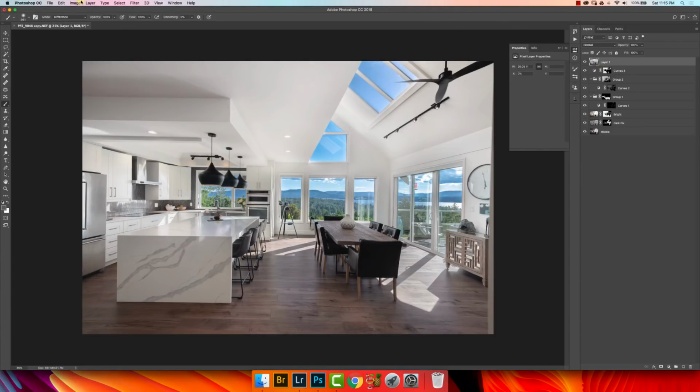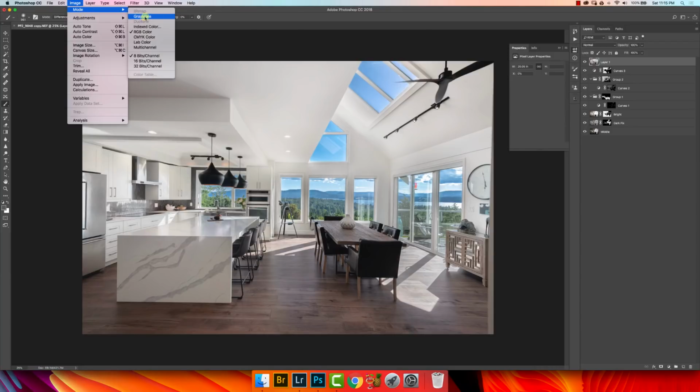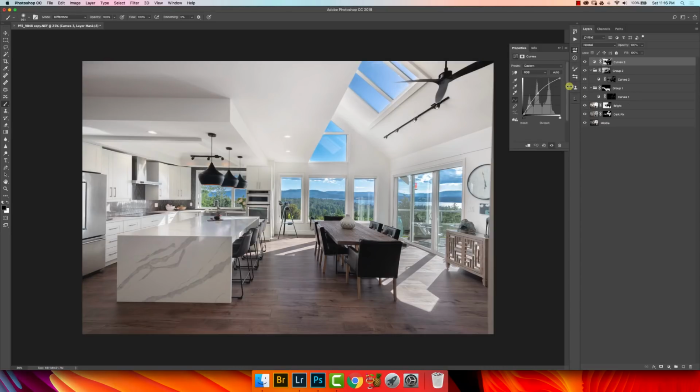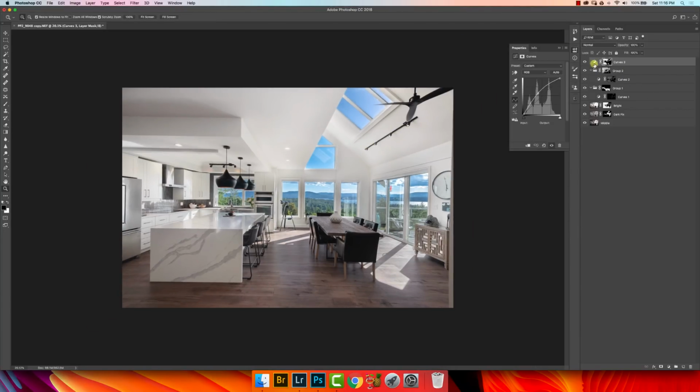Now what we can do is change our image mode to Lab, and we're going to discard, actually no. That's not what we're going to do. I know, this is something that I learned a long time ago. But what we can do is this. We're going to merge visible, duplicate the merge visible layer, and go ahead and go to